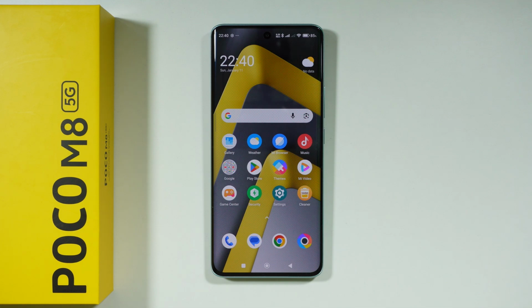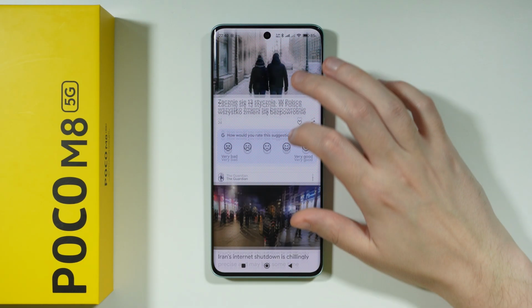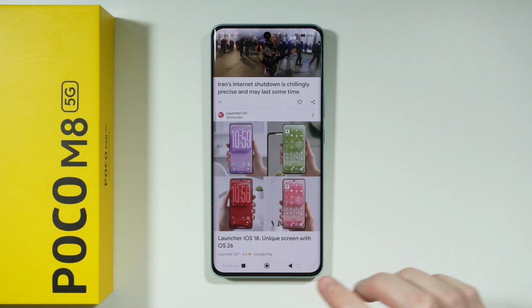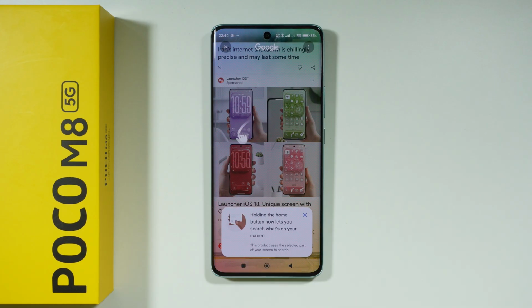If you want to use Circle to Search on POCO M8 5G, then what you need to do in order to activate it is press and hold your finger on the home button if you use buttons for navigation, or the navigation handlebar if you use gestures for navigation. So press and hold one of these buttons, and now we can open Google's Circle to